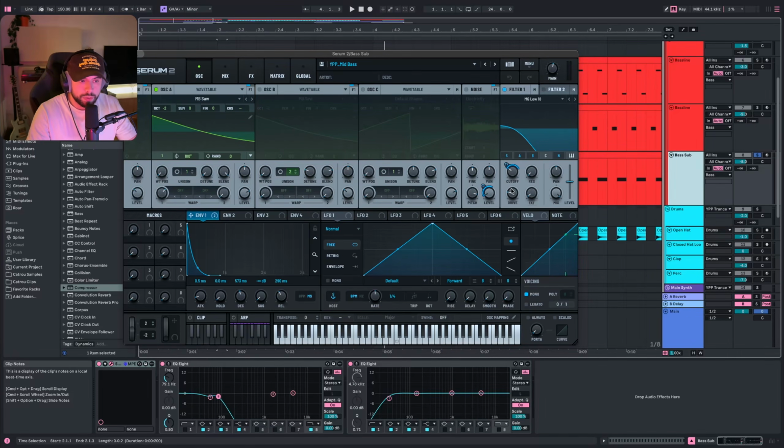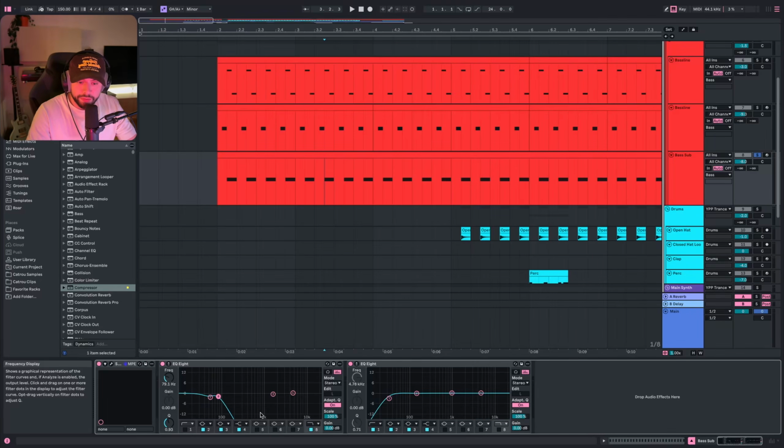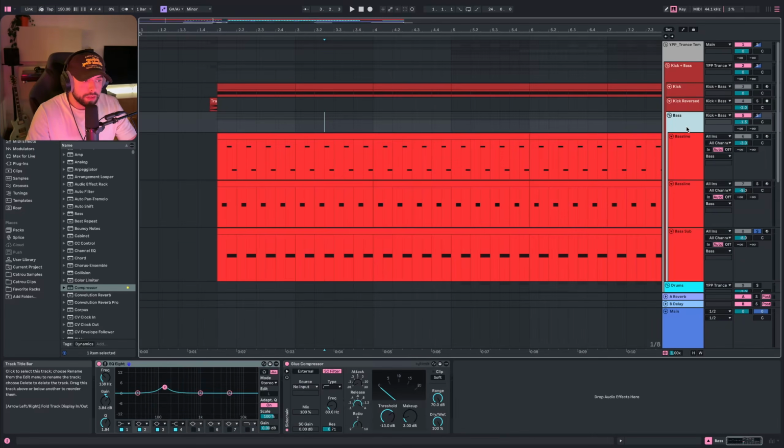And with the envelope, which is controlling the cutoff here, so that it opens every time the note is playing. And for the FX, I added a distortion and a compressor. Then I did a very big high cut so that only the sub frequencies are left, and another EQ for the very low frequencies below 30 Hz. And on the bass group,